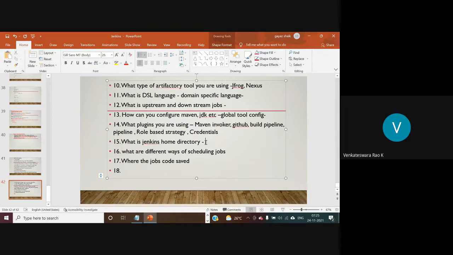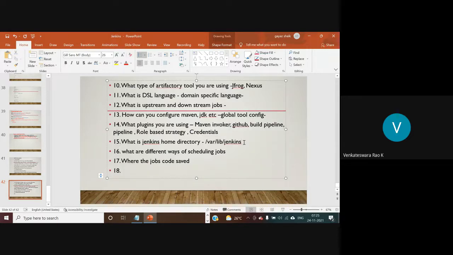The Jenkins home directory path is /var/lib/jenkins. This is the default Jenkins home directory. If we need, we can change this home directory also, but by default we get /var/lib/jenkins.